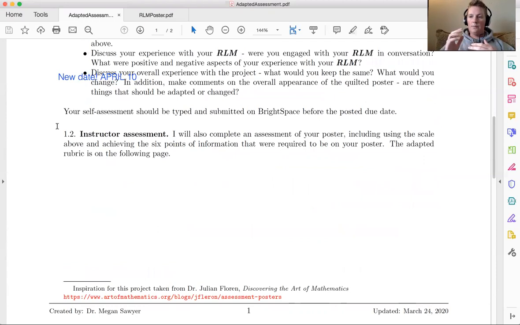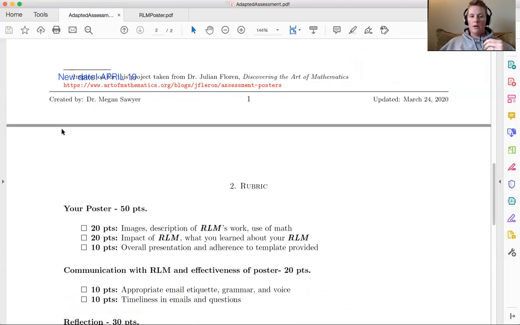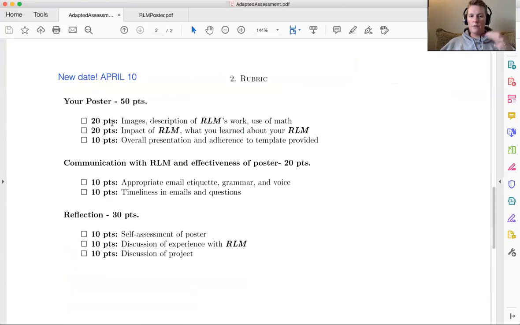And then that the pieces for your mathematician were achieved, so were you in contact with your mathematician. And so here's the rubric that was before. The first poster part is the same. So your images, your impact, and your overall presentation, those points haven't changed. And then your communication, I took out 10 points there and put it in the reflection. So your communication is the appropriate email and the timeliness, and then in the reflection, the self-assessment, the discussion, and the discussion of the project. So give me some ideas of what you think, and we'll talk about that in class